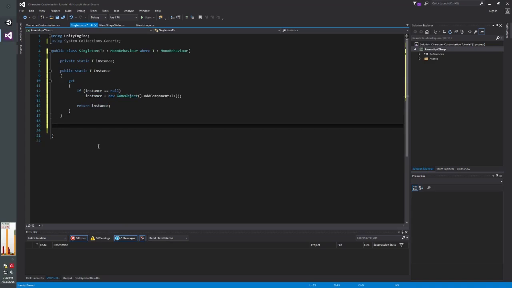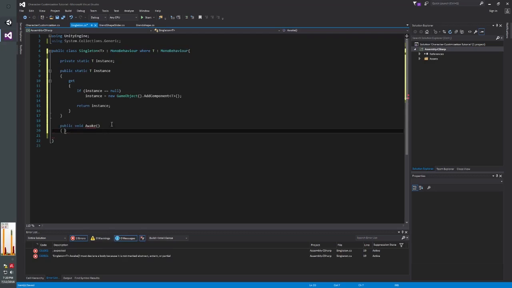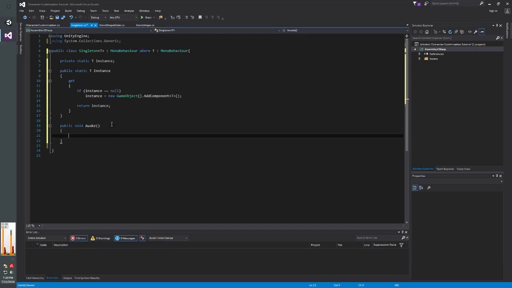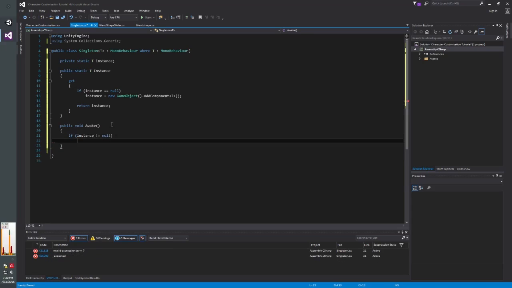So if the developer decides to create it inside Unity's inspector, you can just do a simple Awake, which will use the reflection method through Unity's MonoBehaviour, and automatically find this Awake. And when it calls Awake, we can say if instance does not equal null, then we can do